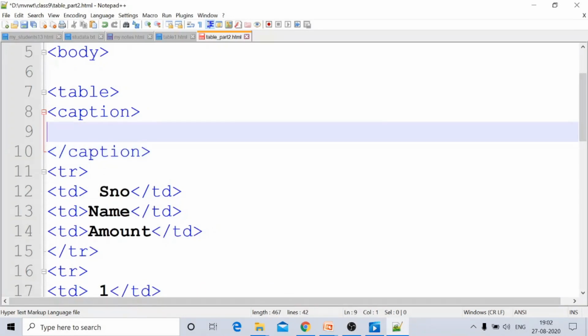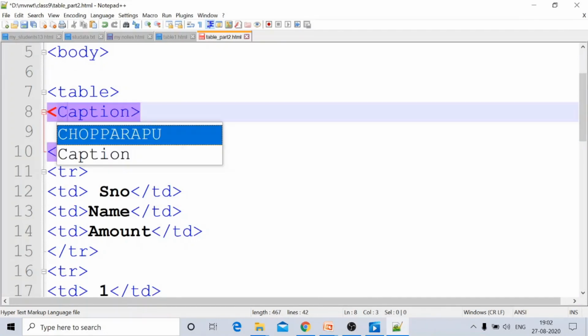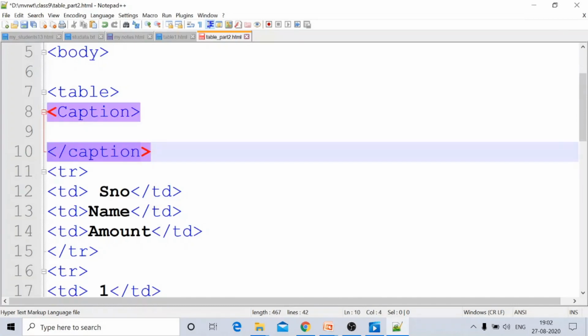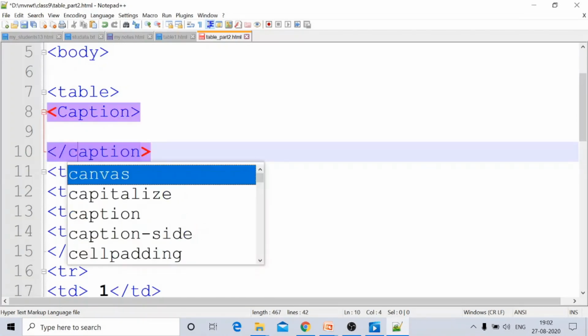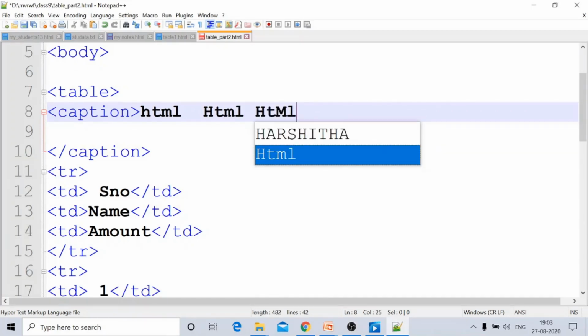Okay, is HTML case sensitive or not? HTML is not case sensitive. We may write caption like anything, with a capital C and all other letters small. No problem. In HTML you may write capital or small letters. For the HTML tag, you may write it in different ways, like this or this or this. All of them are the same. It is not case sensitive.